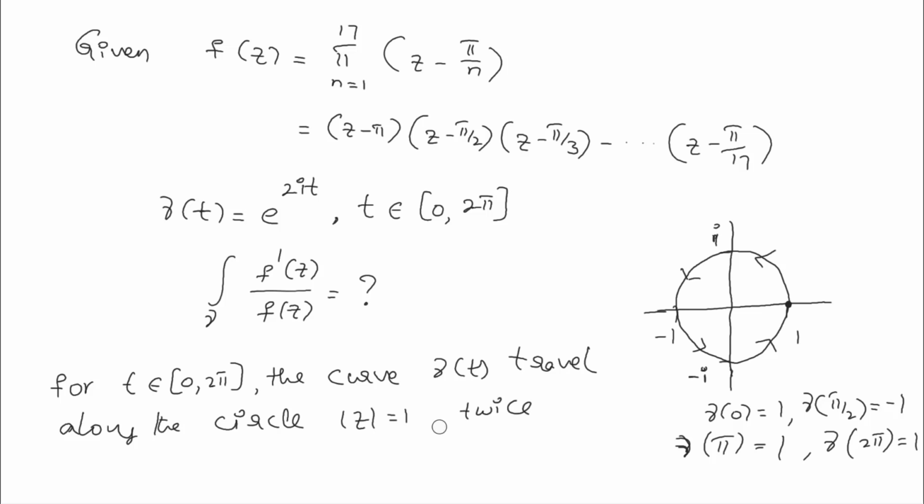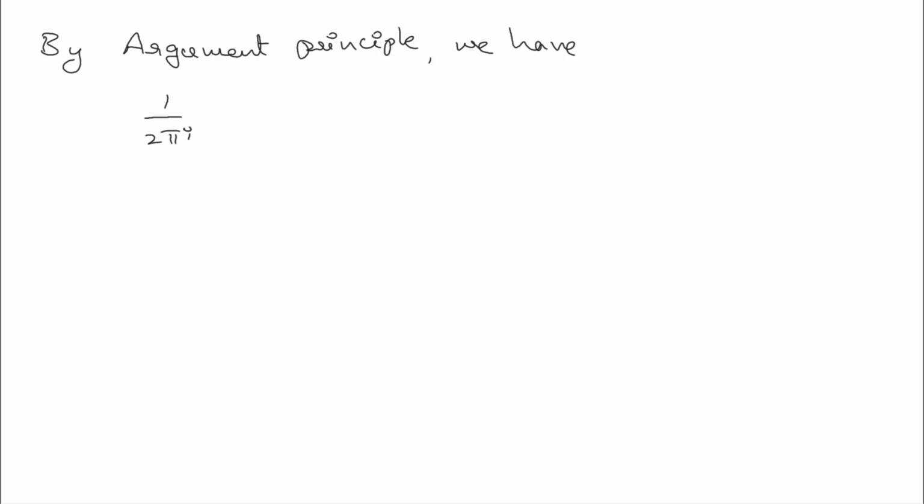So why I am saying is, to solve this problem we use the argument principle. When we look at the argument principle, by the argument principle we have 1 divided by 2 pi i times the integration over gamma of f dash of z divided by f of z dz equal to n minus p,